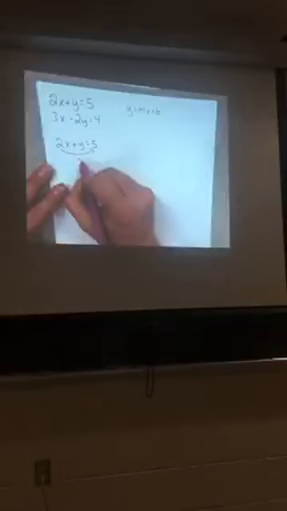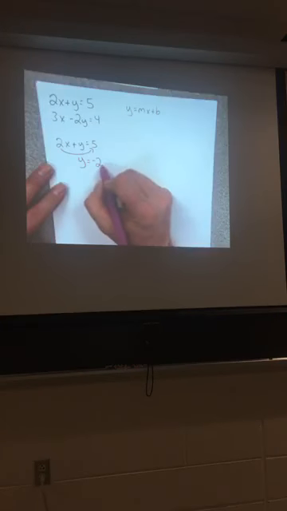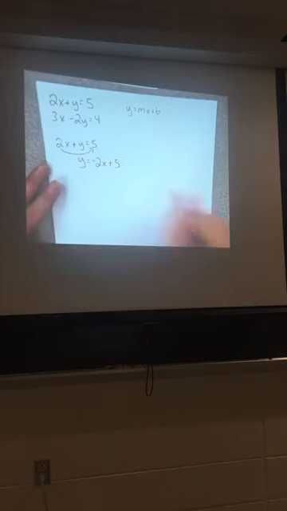So what we'll do is we're going to send the 2x over to the other side, and remember when it jumps over the equal sign it becomes a negative. So we get y equals negative 2x plus 5. On the next one,